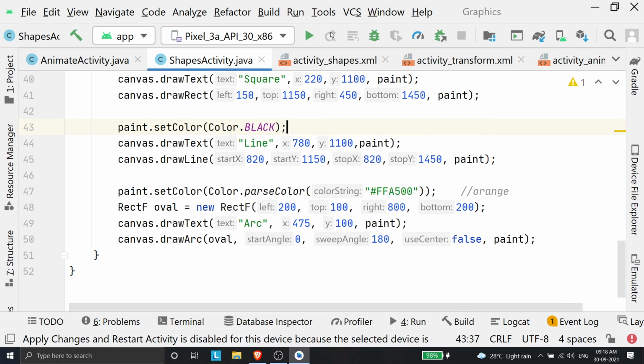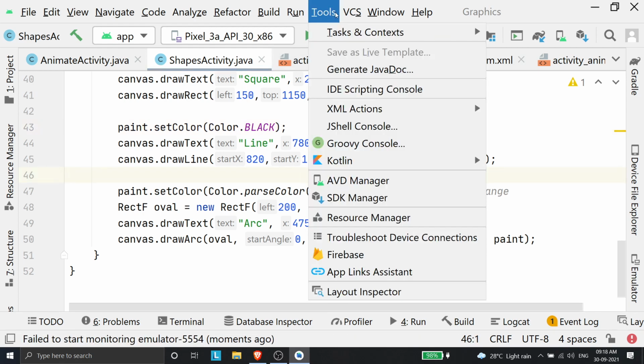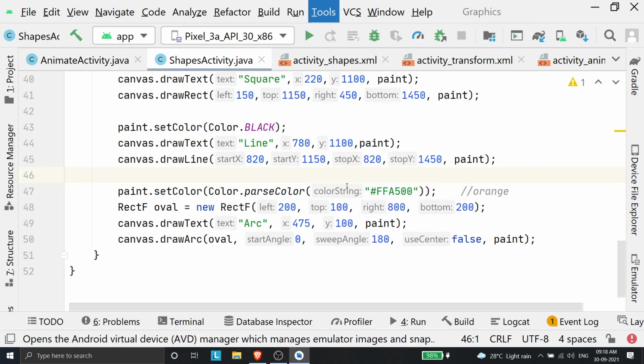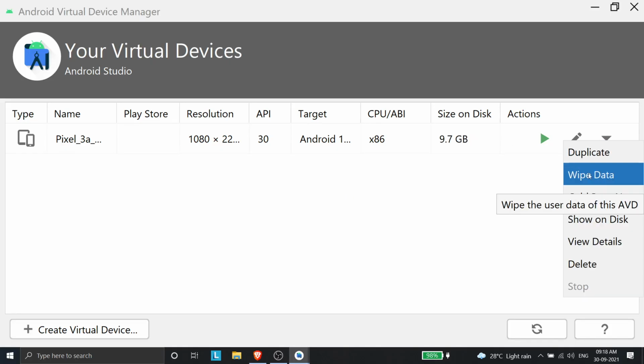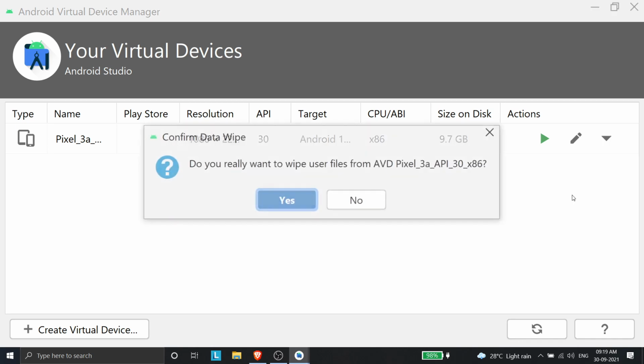So if this happens, don't worry. It will happen if you do not shut down the AVD properly, which I did last time. I did not shut it down properly, which was my mistake. So what I need to do is wipe the data. Wiping the data will just erase whatever contents are on it.